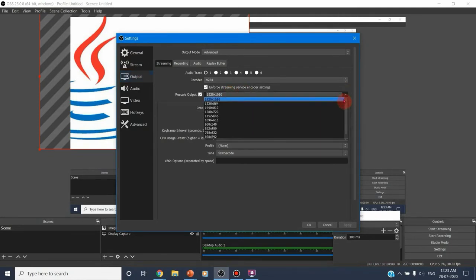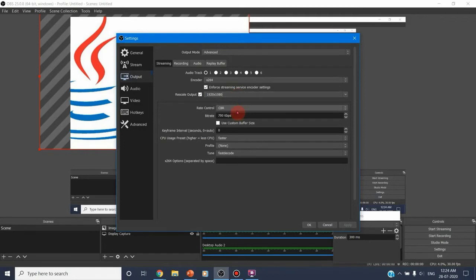Here I have selected the high quality video, 1920 by 1080 resolution, which is very high quality. If you want the data size to consume very little storage, you can go for the lower versions of resolution. And for rate control, bitrate, if you set all the values low, you will get a low quality video of your recording. If you choose all the contents as high values, you will get a high quality video.